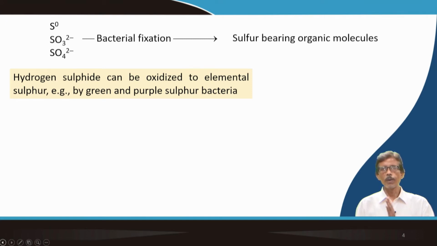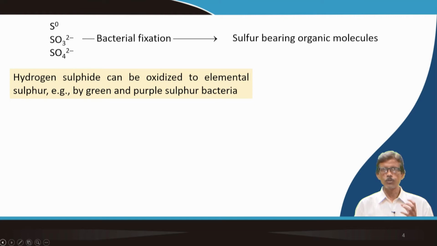Now, if we go to the biological world, we find this similar smell, the rotten egg smell, which we call the smell of H2S. We can also get it from a rotten egg. That means the egg is a biological material, and through degradation it can produce H2S. When we have H2S, it can be oxidized back to elemental sulfur, which can be done by some bacteria. Your H2S can be a substrate for green or purple sulfur bacteria,